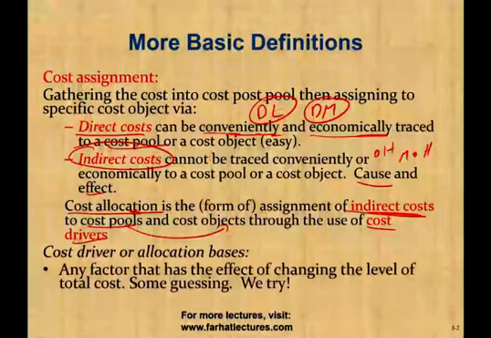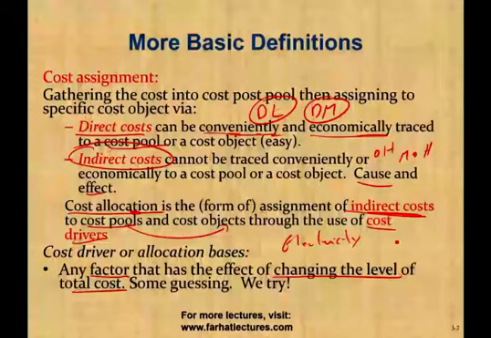Okay, and what is a cost driver? It is any factor that has the effect of changing the level of total cost. Again, for example, electricity. We say the more electricity we use, the higher is our consumption of that indirect cost. So again, there's some guessing when we allocate the indirect cost, and that's going to be the hardest for us as accountants, but we'll try our best, and in the real world, we'll try our best to determine what's that